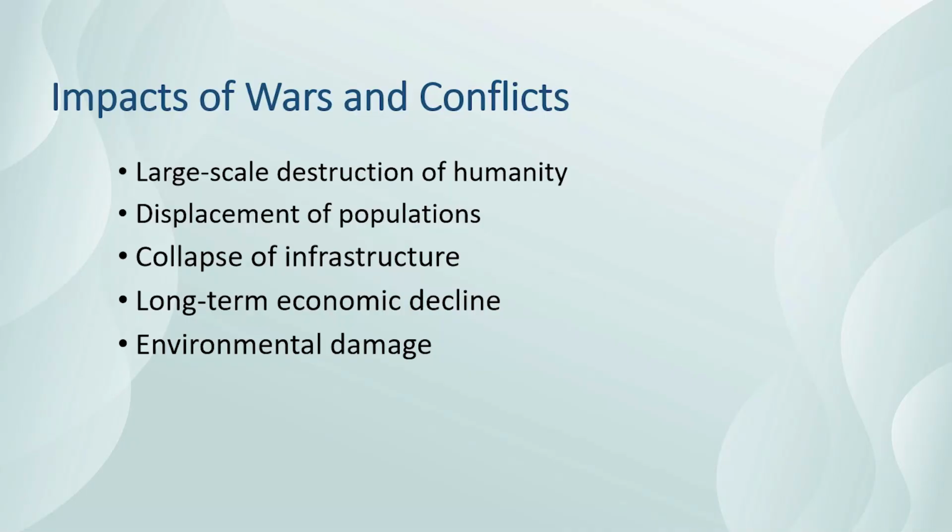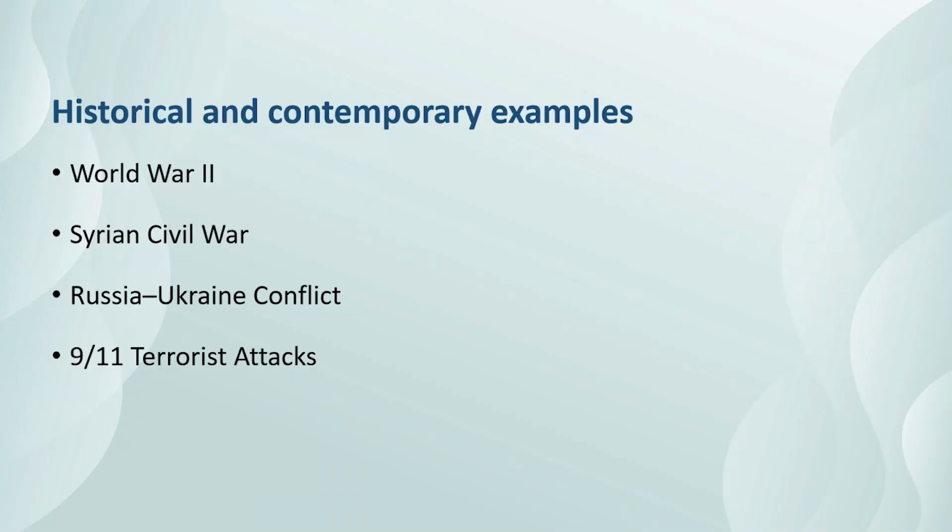Environmental damage takes place due to war and conflict because of the use of explosives, nuclear weapons, and chemical agents. It contaminates the soil, air, and water bodies. Historical and contemporary examples of war and conflict-made disasters are World War II, which is one of the deadliest